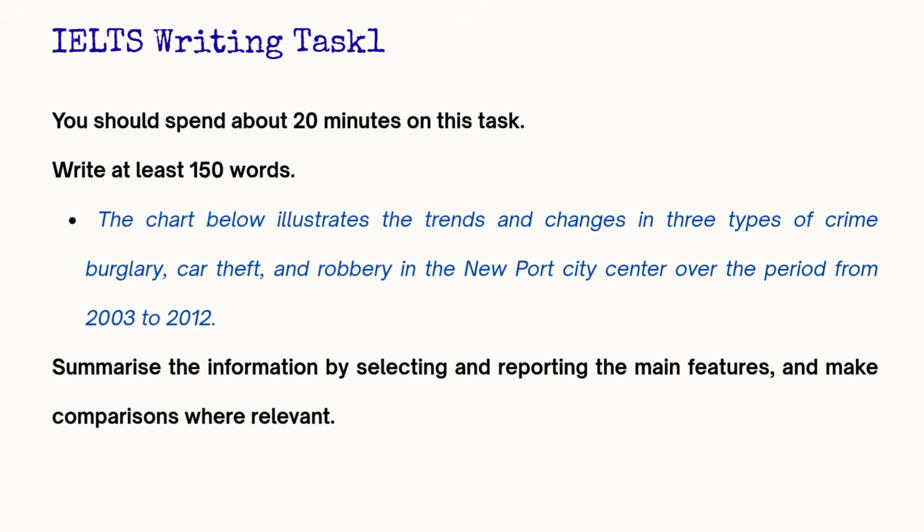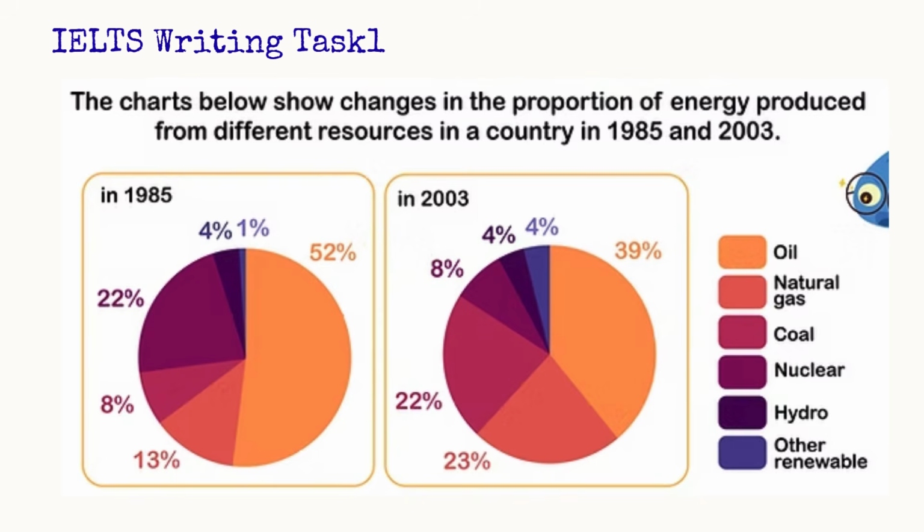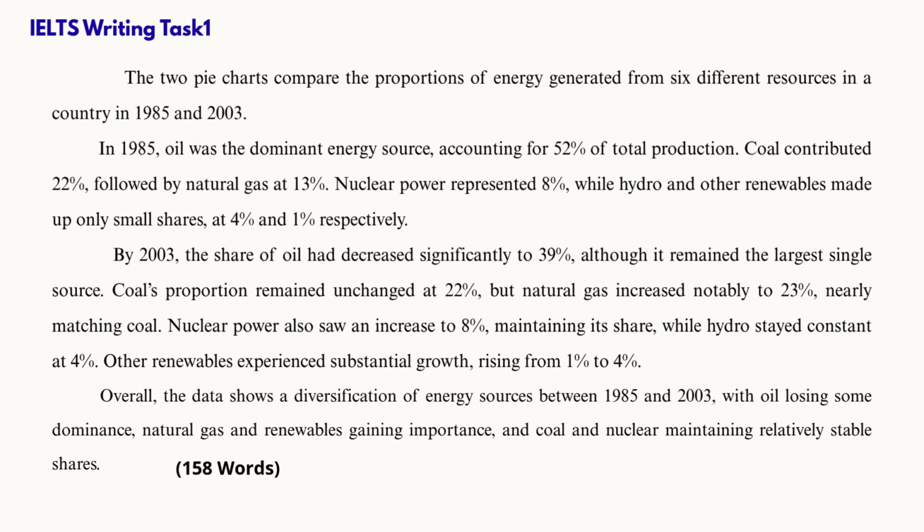IELTS Writing Task 1. The 2 pie charts. The charts below show changes in the proportion of energy produced from different resources in a country in 1985 and 2003. The 2 pie charts compare the proportions of energy generated from 6 different resources in a country in 1985 and